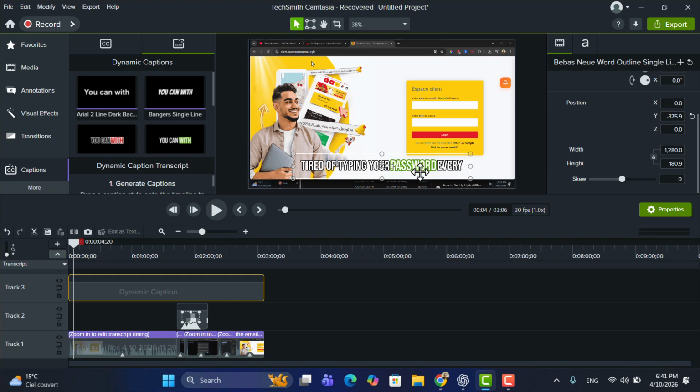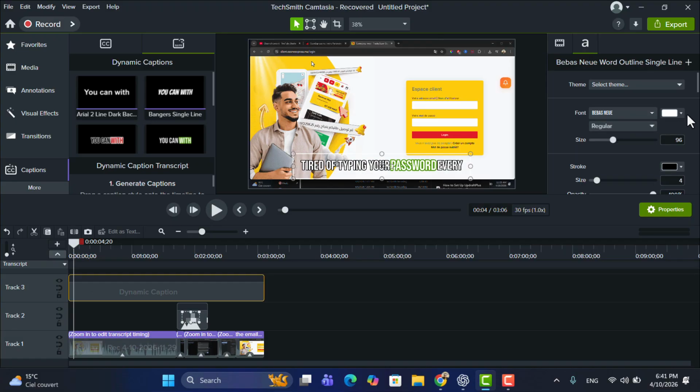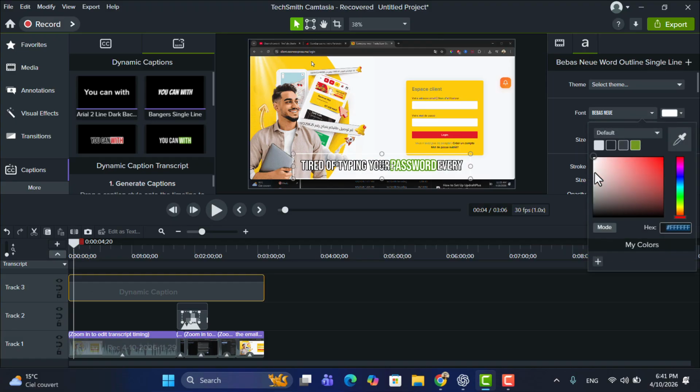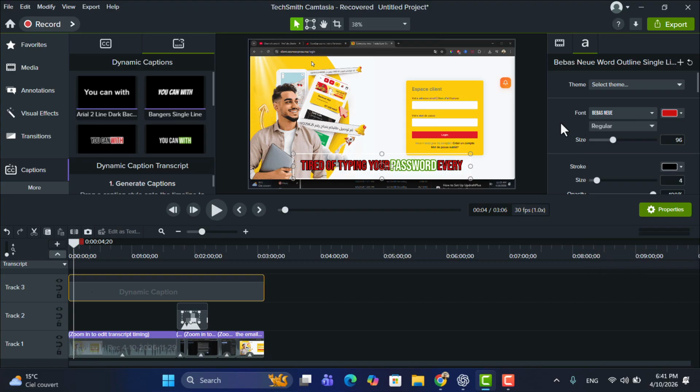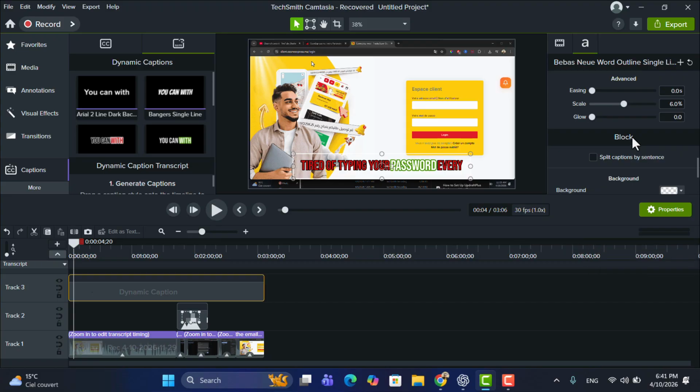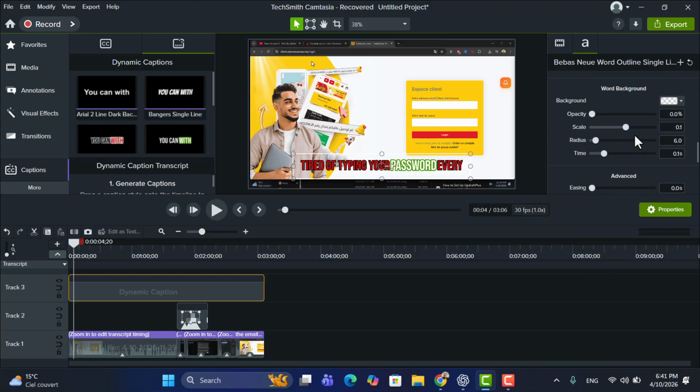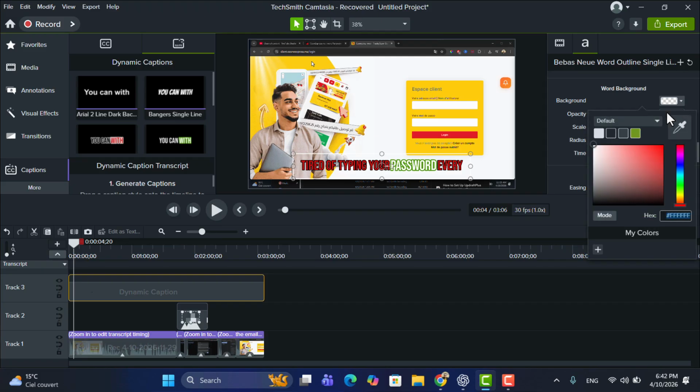You can adjust that, and also you can adjust the text, the colors of your captions here in this box. You can see, for example, if you want it in red, and you can adjust your settings. If you want a background for your captions, for example, if you prefer a background,